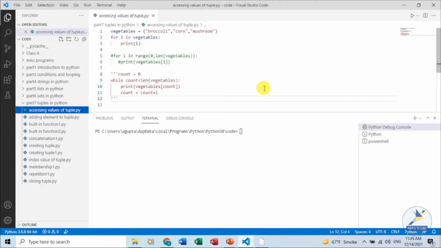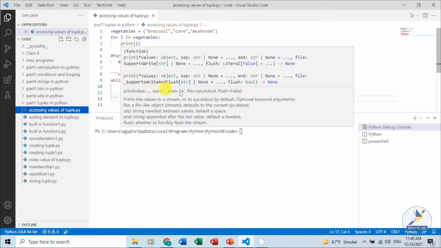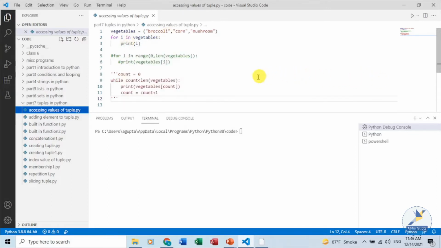To access and traverse a tuple, we can use the for loop or a while loop. In this program, I have used for loops and a while loop to access the elements. The first one is using for to pick up the data from the tuple and print it. In the second for loop, I am making use of range, and the third one is a simple while loop where the counter is being incremented. We can execute the program one by one and see the results.